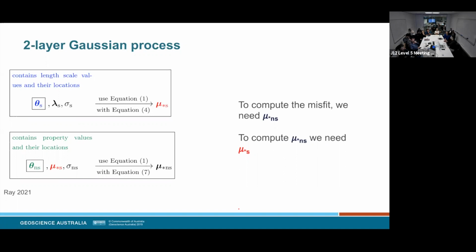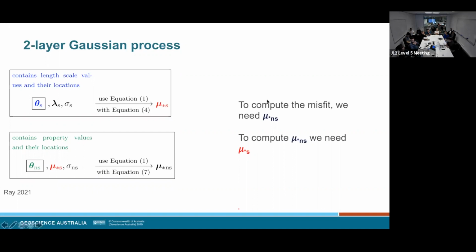Now this mu s is a vector of length scales, and I can feed this into another Gaussian process, which is non-stationary now. It'll use that spatially varying length scale, mu star s, with a fixed nugget. And then that'll populate the model vector with the discontinuities more accurately, is what I believe.